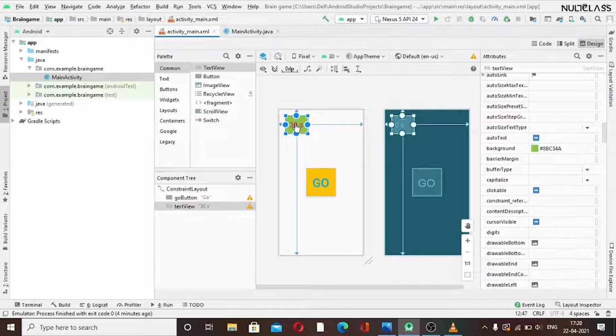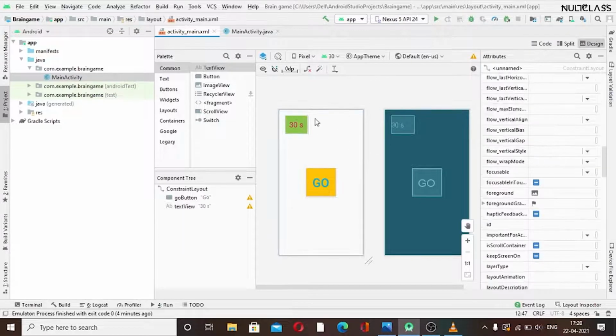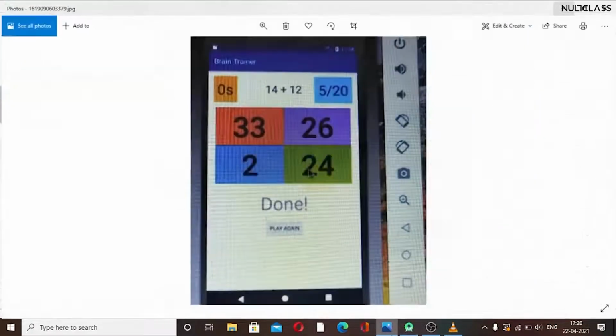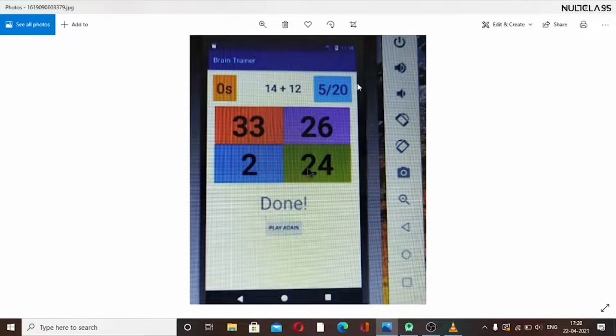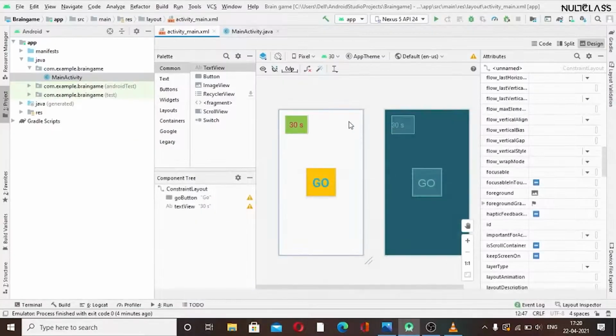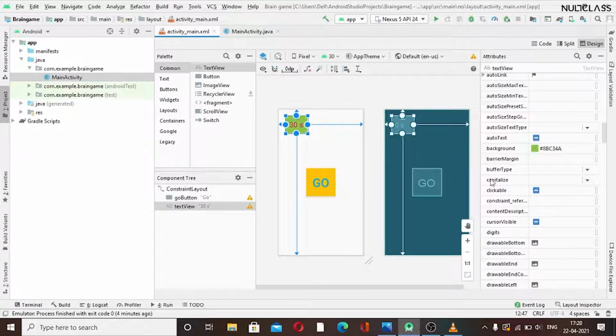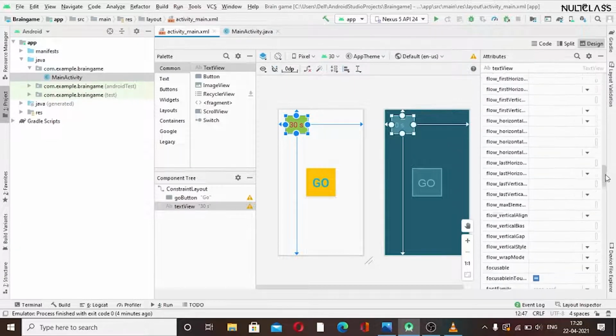Okay, so let's add other visuals and textures. This time we want our sum text view here and the score text view at the corner. So I will add the score text view here, and in between I will add the sum. I think I should decrease its size a bit so that these all do not get congested here.